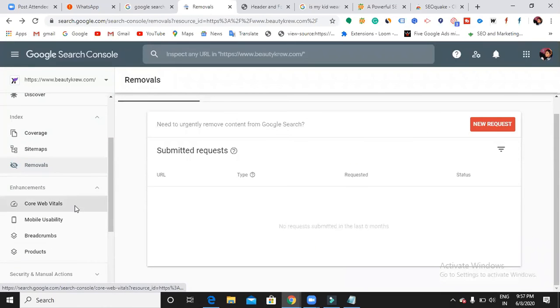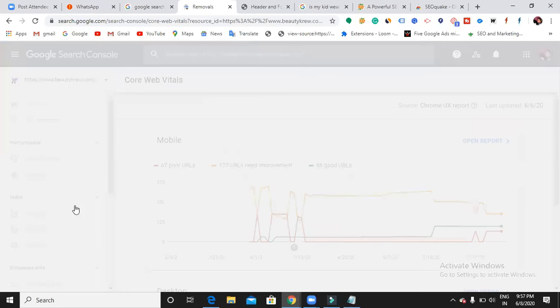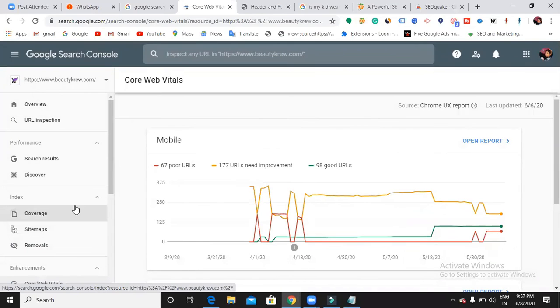Core Web Vitals. This is very useful when you want to see the mobile data and desktop data. That means the loading speed, the content loading speed, and the visual stability, so simply how your website is appearing. Here it shows you that in mobile, 171 URLs need speed improvement.